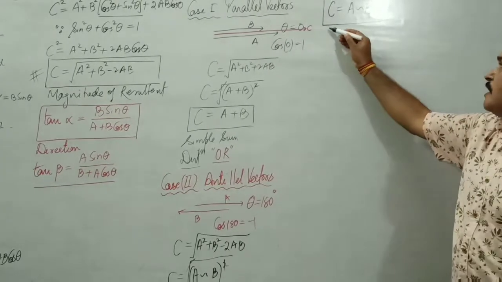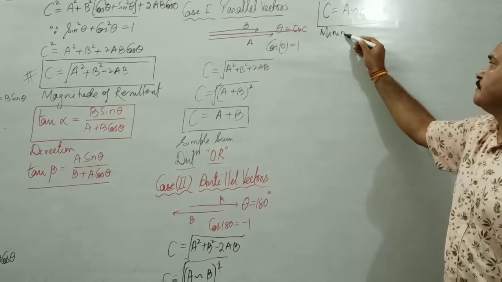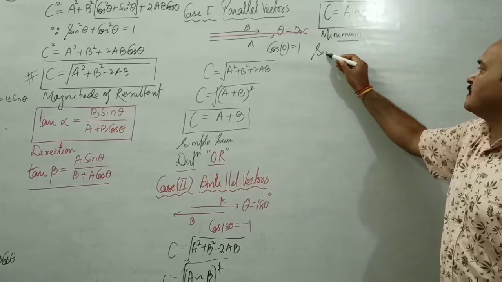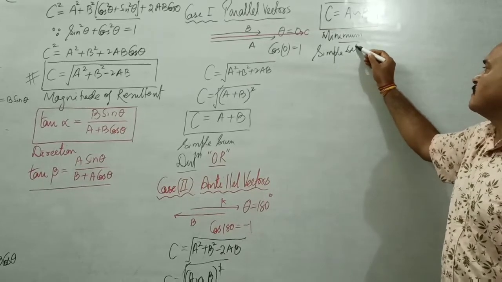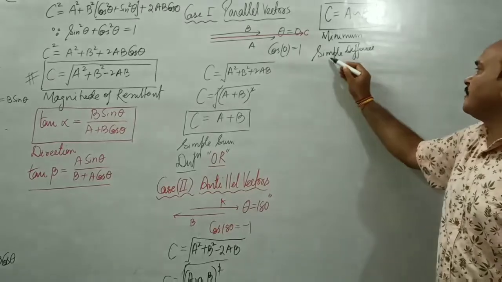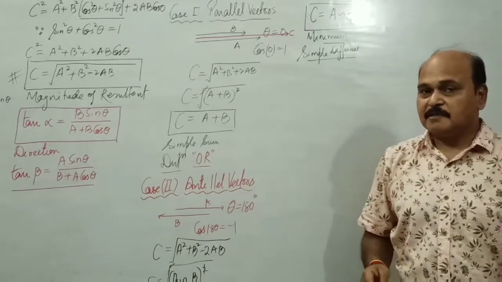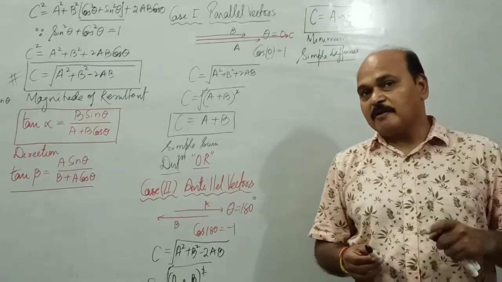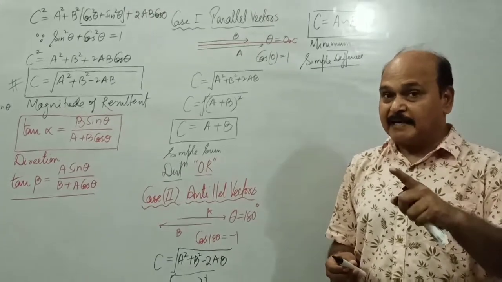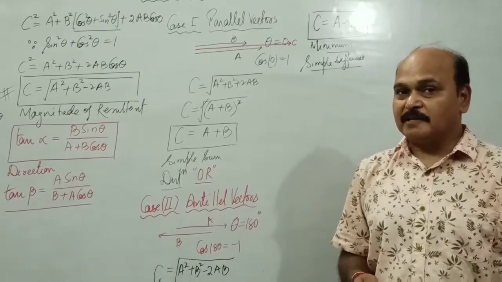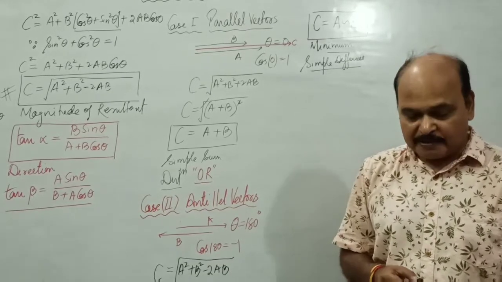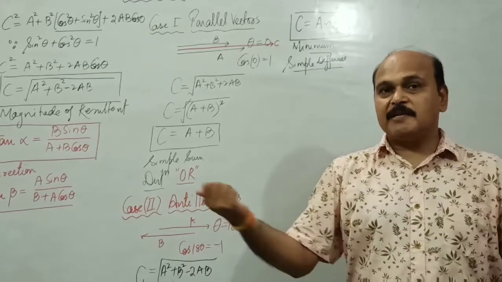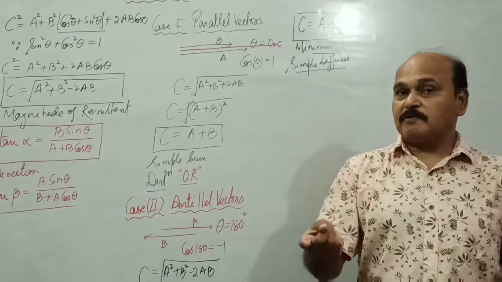This is the value of the vector sum, and remember this vector sum is minimum. In this situation, the vector sum is the simple difference. The sum of two vectors, if they are anti-parallel, is their simple difference. If a 10 unit vector and a 10 unit vector are anti-parallel, the vector sum would be their simple difference, and the difference of 10 and 10 is 0. That means we get a null vector in that situation. If a vector is of magnitude 15, another is of magnitude say 12, and if they are anti-parallel, the vector sum would be 15 minus 12, that is 3.